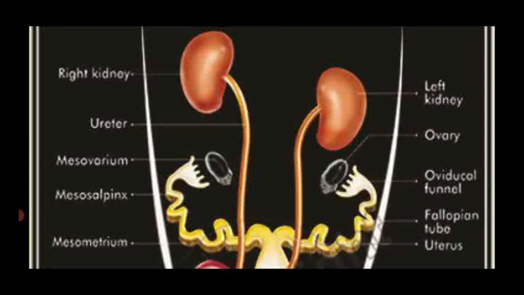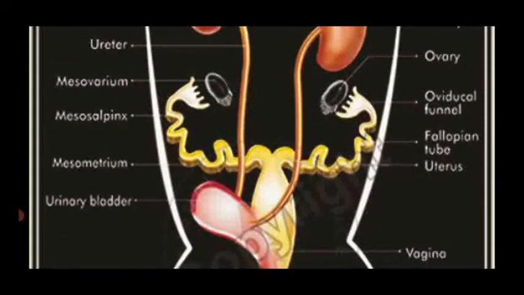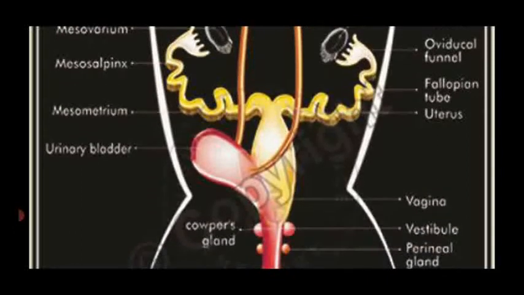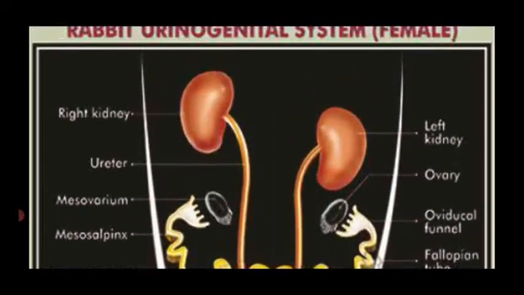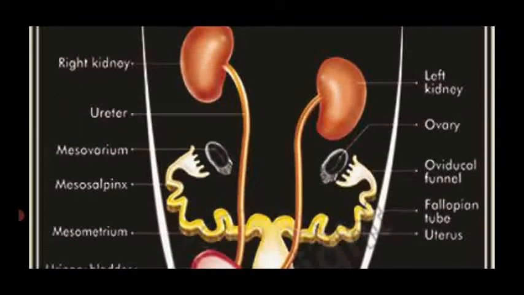From each kidney, a tubular structure arises called a ureter, which opens into the posterior side of the urinary bladder, which is light pink in color. The urinary bladder leads into a thick muscular duct called the urethra. With the help of this urethra only, they liberate the waste material outside through an external opening, the penis. So that is the excretory system of rabbit.